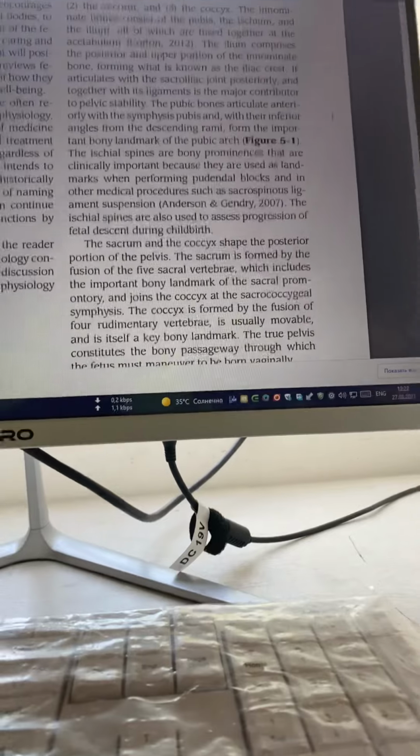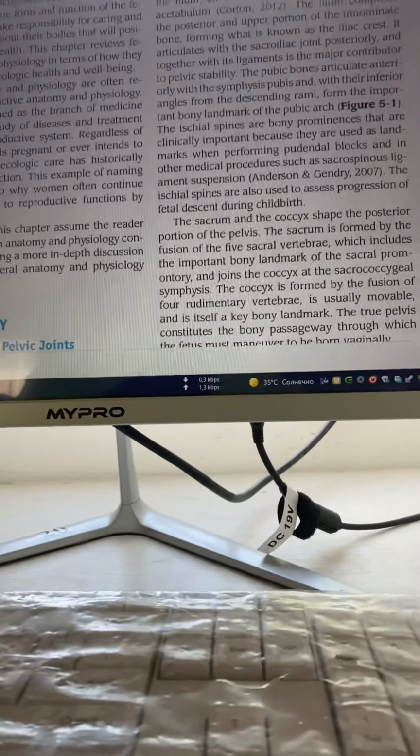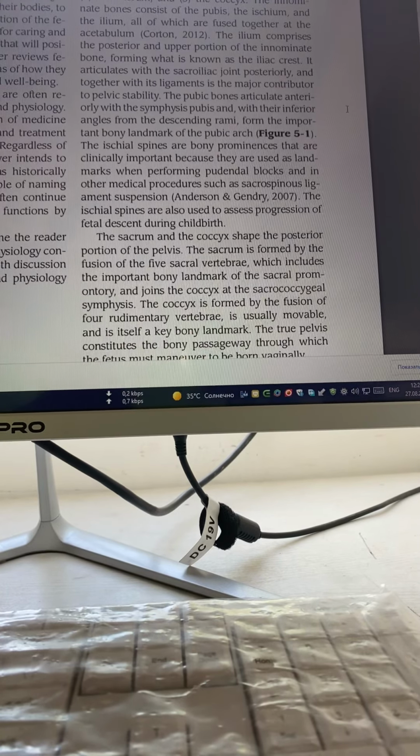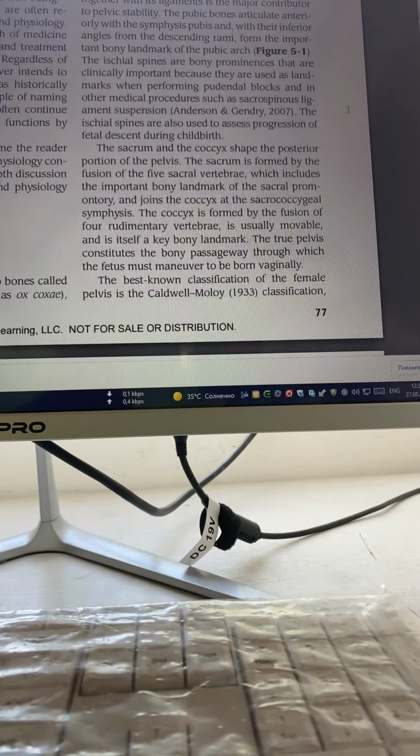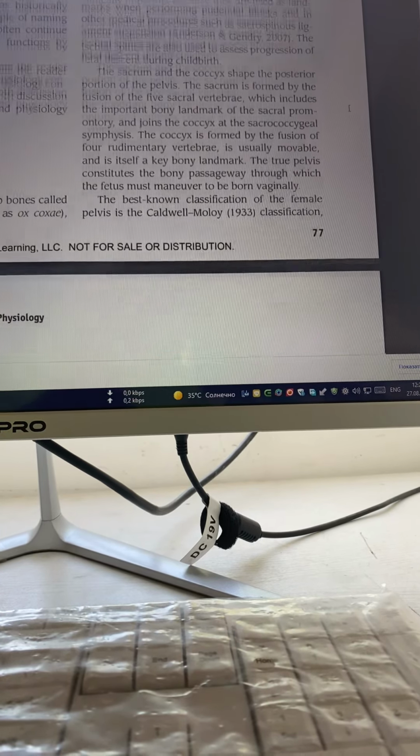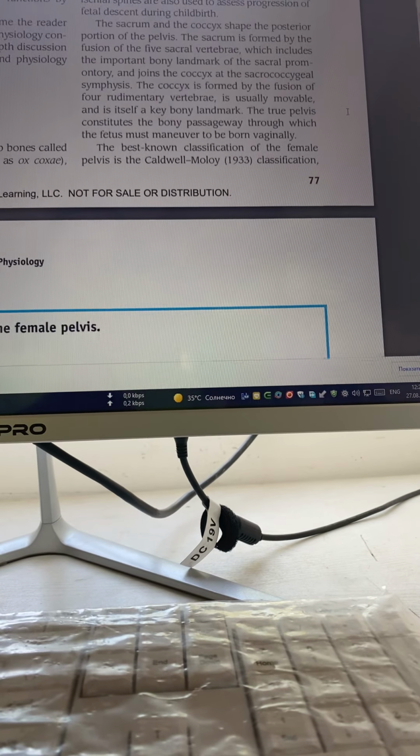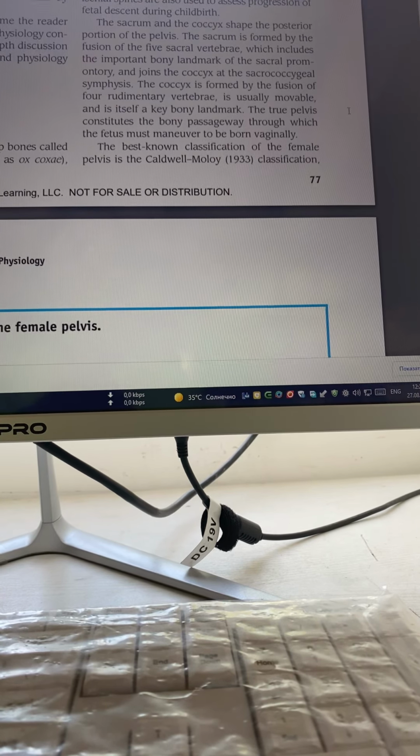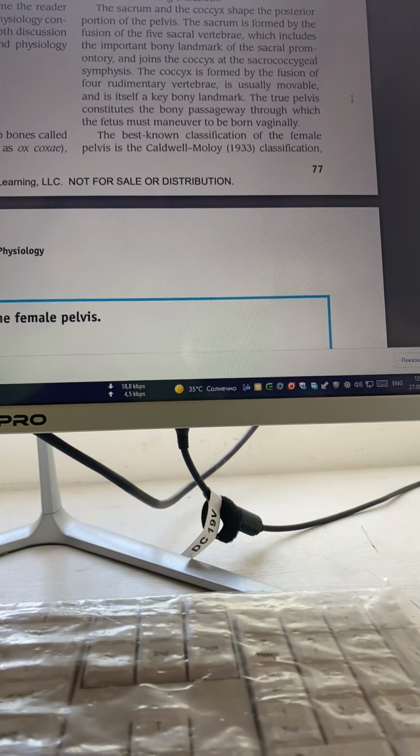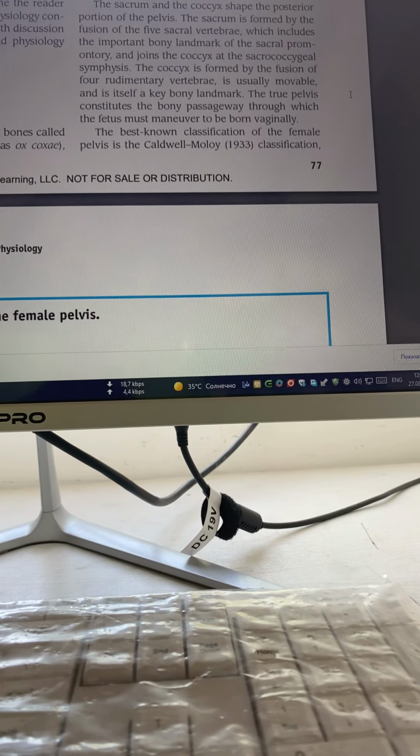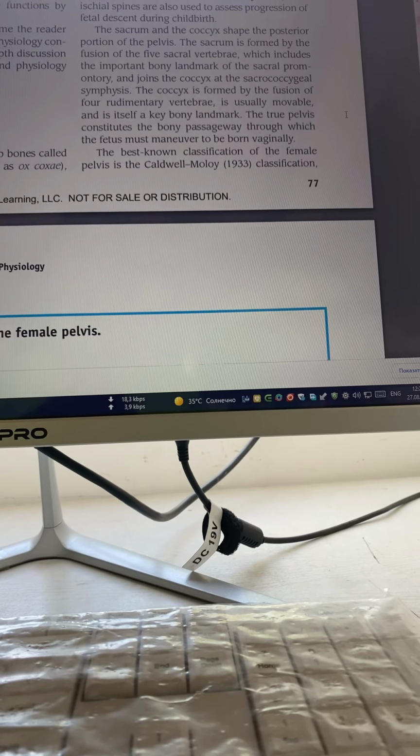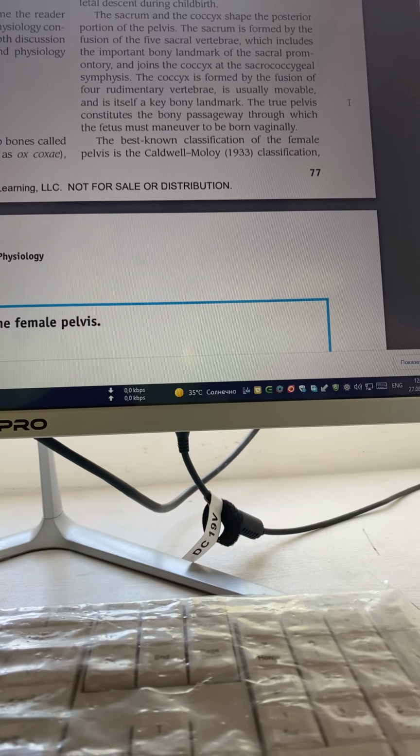The sacrum and the coccyx shape the posterior portion of the pelvis. The sacrum is formed by the fusion of the five sacral vertebrae, which includes the important bony landmarks of the sacral promontory, the joints, and the coccyx at the sacrococcygeal symphysis. The coccyx is formed by the fusion of four rudimentary vertebrae, is usually movable, and is itself a key bony landmark. The true pelvis constitutes